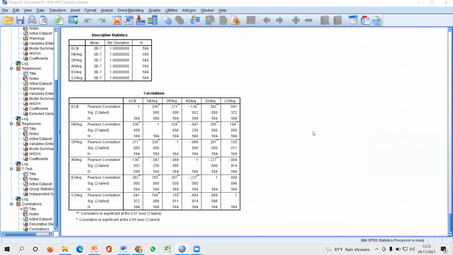Now you can see. Here the mean value we are not calculating in the proper way because we are taking the factor analysis values. I will let you know how to calculate the mean value again using the given values in your case. I will come back to that later. So here we will get the understanding about the correlation analysis.